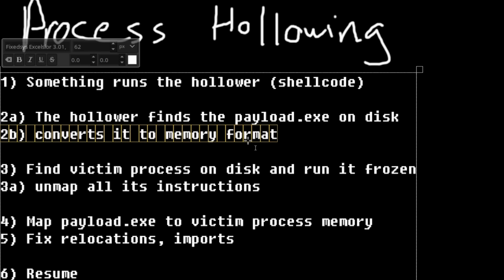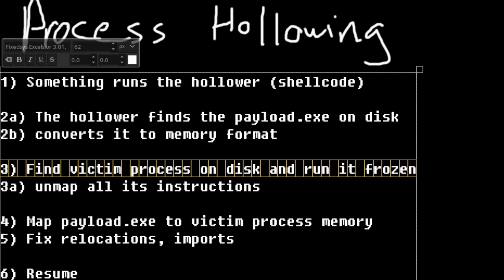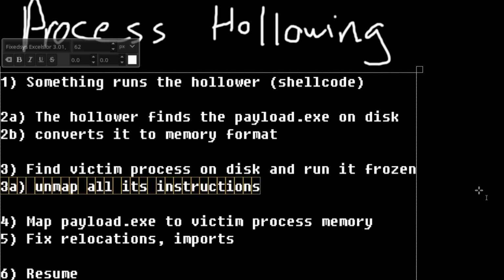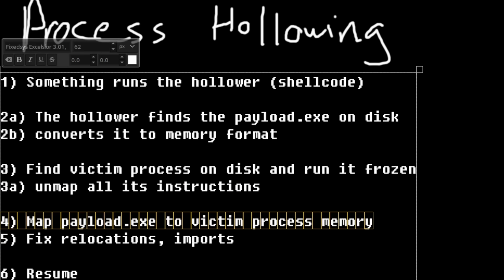So that's what this is really doing. The next thing the hollower does is it finds the victim process on disk and then runs it frozen, specifically called suspended. So it's not executing any instruction. It will then unmap all of its instructions using a call to ntdll, which is actually underneath the Windows API. After everything's zeroed out, we're going to go ahead and map our payload exe into the victim's process memory after